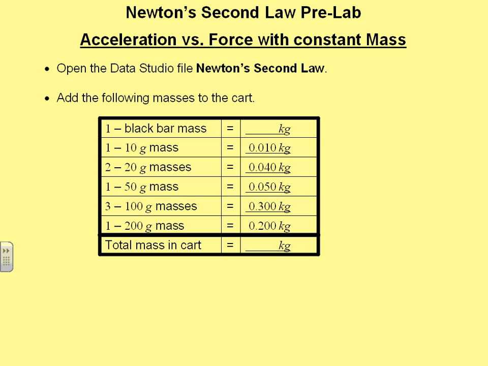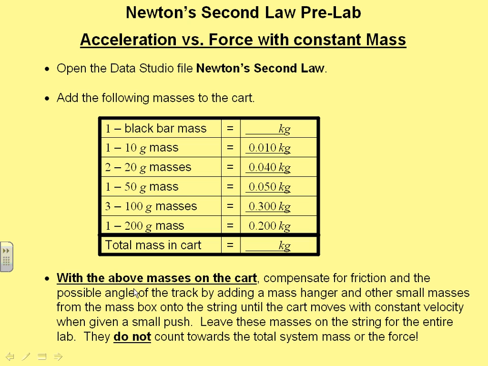So you're going to want to throw it on a balance and make sure you get the right number in here. Right? And then add them all up, and that's the total mass you're putting in the cart. Now, once you have all those masses nicely organized in the cart, you're going to leave them in there. And then you're going to compensate for friction and the angle of the track by doing what we talked about